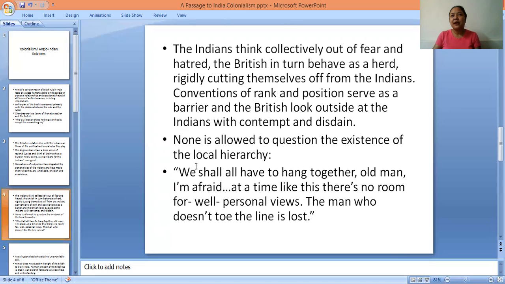This is the kind of society that the British have formed, especially the women. These women are suspicious and narrow-minded, even more so than their husbands, because these husbands interact with the Indians at work. They have at least a little bit of communication with the Indians. But these women are enclosed within the boundary of the civil station, so they do not have close contact with the Indians, and they are even more disdainful and contemptuous of the Indians in Chandrapur.